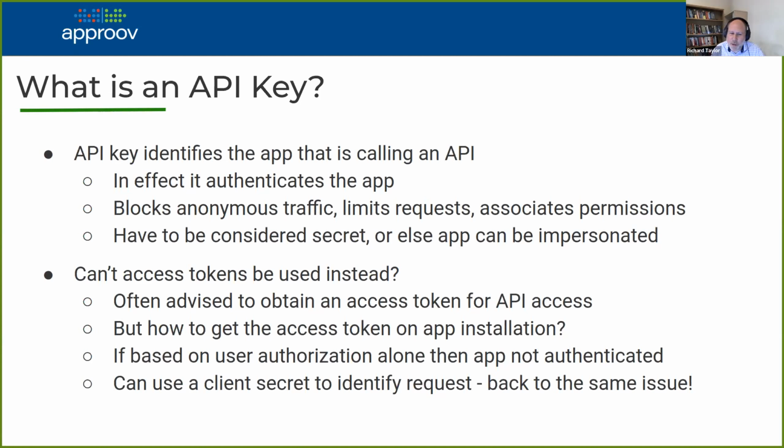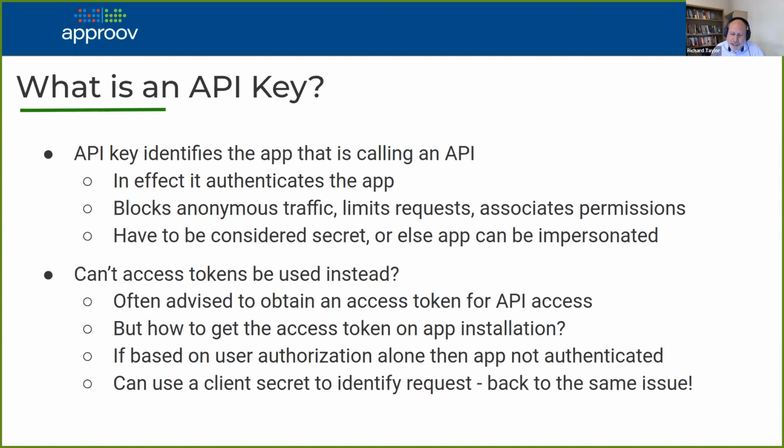There's often a debate about whether API keys should be used all the time, and there are mechanisms which allow you to use access tokens instead. So one strategy is to have an access token which is associated with a particular app and maybe a particular user, and you obtain that access token when the app is first installed. And this can also be associated with user authorization. There are mechanisms in OAuth 2 to allow you to do this kind of thing. So basically you can do an authorization at the start and then obtain an access token that could be used to access an API. Not all APIs support this approach.